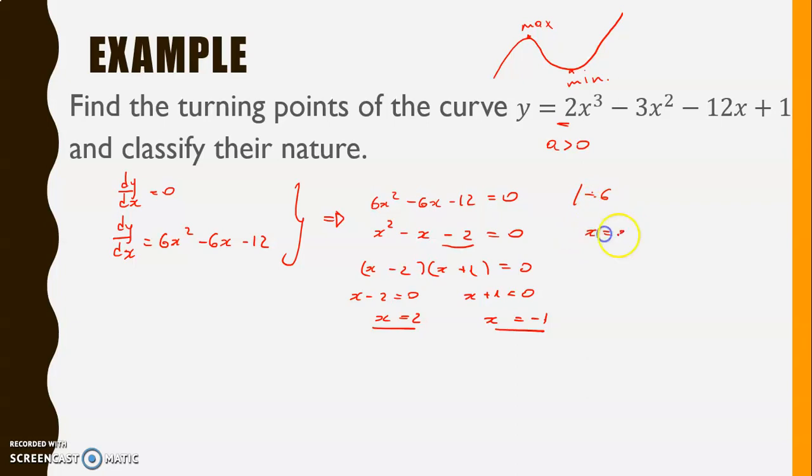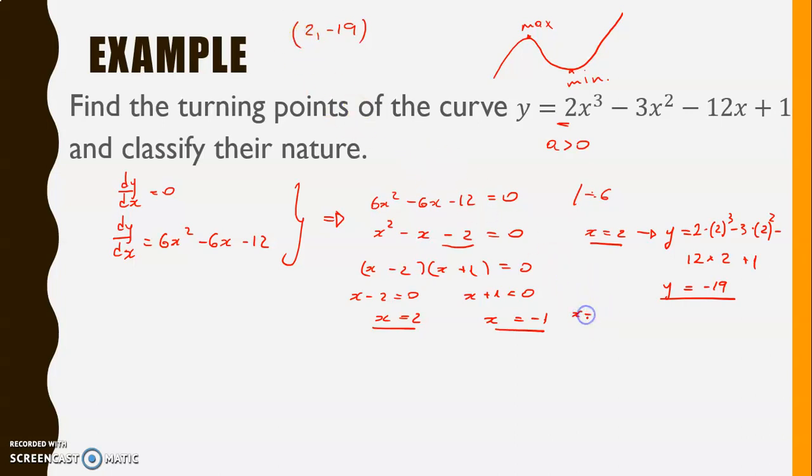When x equals 2, then y equals 2 times 2 cubed minus 3 times 2 squared minus 12 times 2 plus 1, and that is going to be equal to minus 19. Hopefully you found that. So one point is (2, minus 19), and the second point is